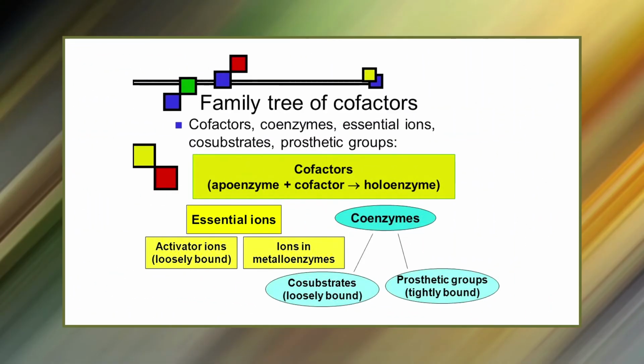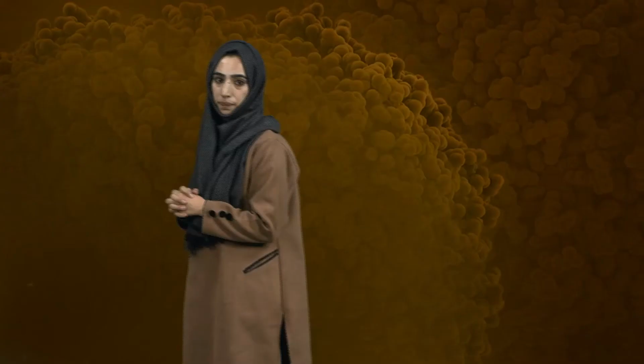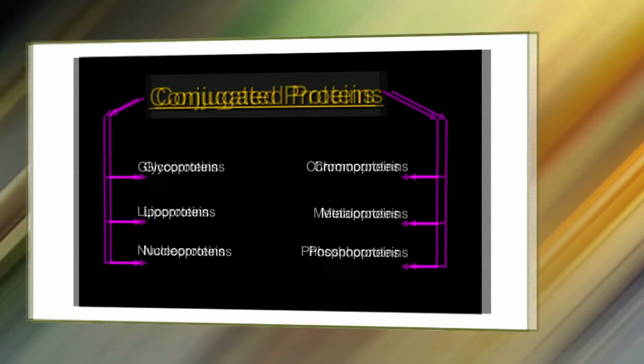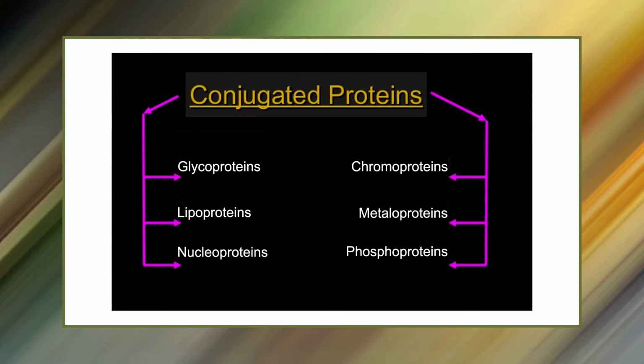Prosthetic groups are bound tightly to proteins and may even be attached through a covalent bond as opposed to co-substrates which are loosely bound. In enzymes, prosthetic groups are often involved in the active site, playing an important role in the functioning of enzymes. Proteins present with the prosthetic group are called conjugated proteins, and they include glycoproteins, lipoproteins, nucleoproteins, chromoproteins, example hemoglobin, metalloproteins,